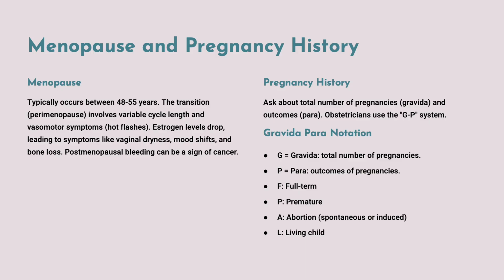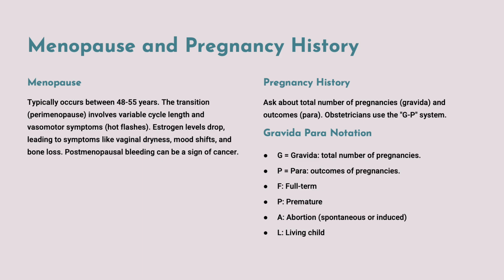So for the pregnancy history, you have the Gravida Para system. So here's the notation. For example, if you have a G1P1001, what does that mean? It means that the woman has been pregnant a total of one time. Okay? Para means the patient gave birth one time. 1001 means that the patient has given birth full term and the child is still living up to now. Okay, so the 1001 refers to the FPAL or TPAL, meaning term, premature, abortion, or living.